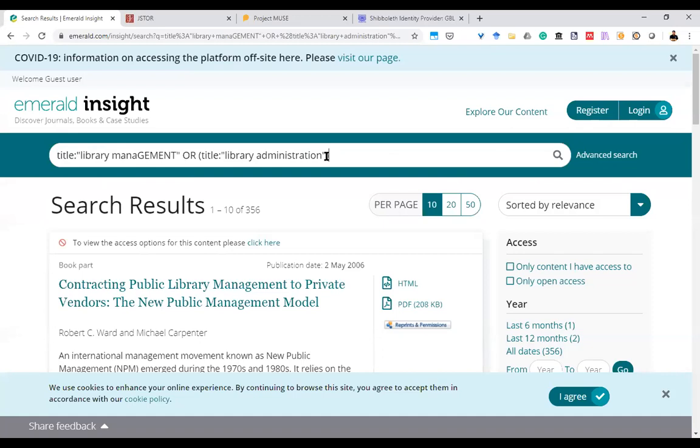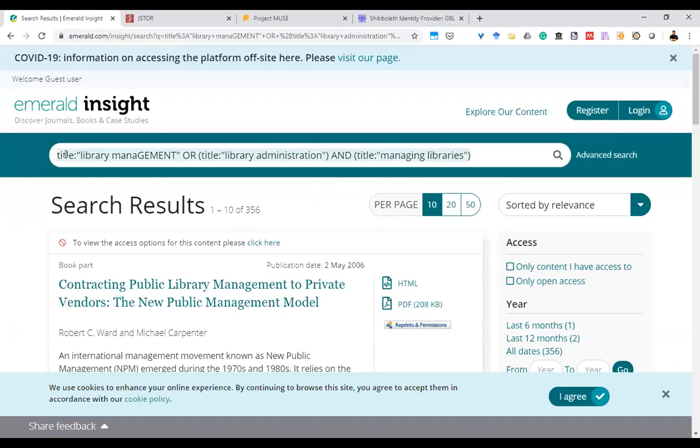If you are aware of the keywords, you can directly write title colon and so on. This way you can write your queries. This is basically the query that is run in the background, and you get the results.